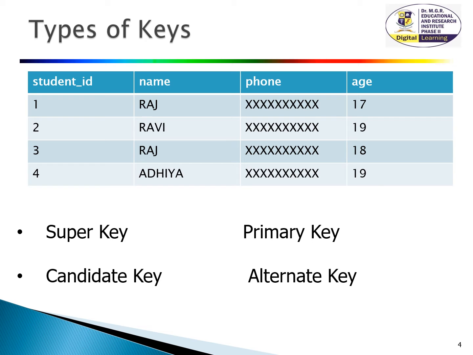A super key may have additional attributes that are not needed for unique identification. In the above example, the student ID with phone number can be used as a super key. Next, primary key. A primary key is a column or group of columns in a table that uniquely identifies each row in the table. A primary key cannot be a duplicate, meaning the same value cannot appear more than once in a table. It is the main key for any table. In the above example, the student ID column is used as a primary key.